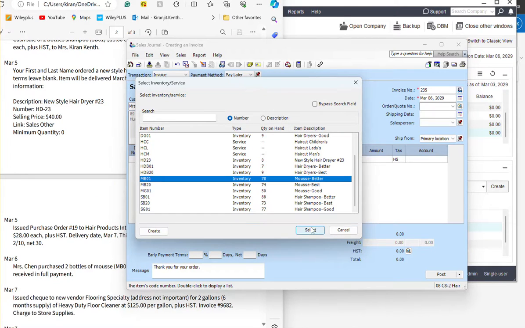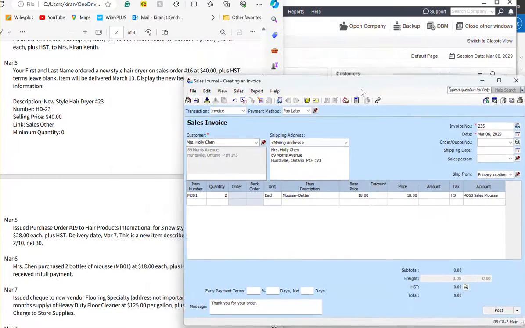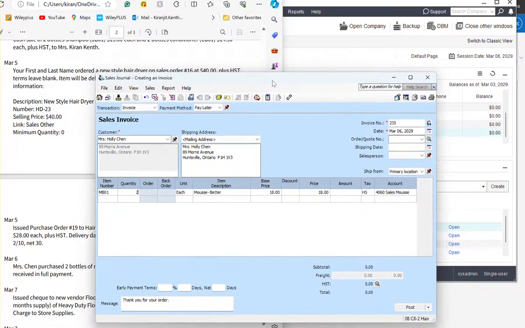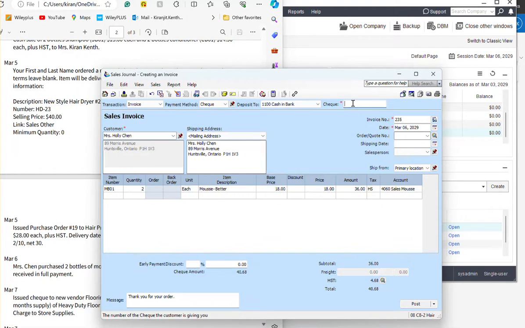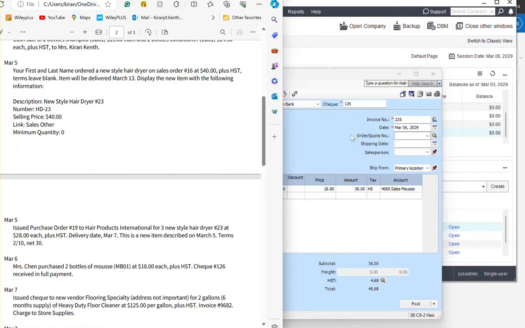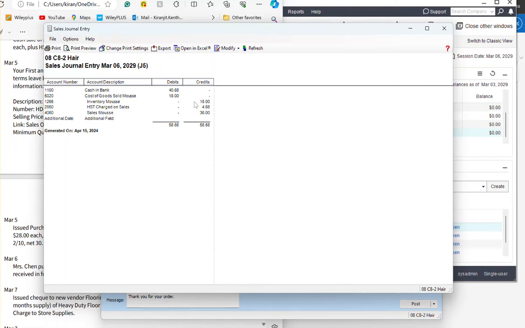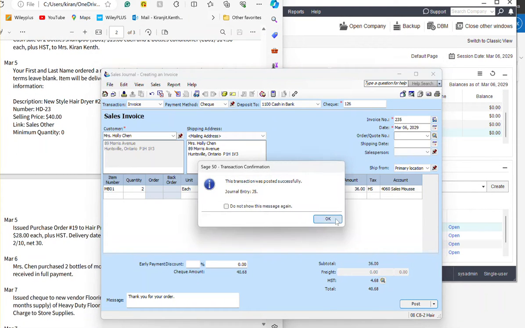MB01 I selected, and then 2 bottles of it, and it is $8 each, and they issued us a check. So instead of that, it's going to be check number 126, and we have received a full payment, we're good to go. If I display this transaction, it will be for $40.68 in my bank account. I do have that. I post that. We say okay,